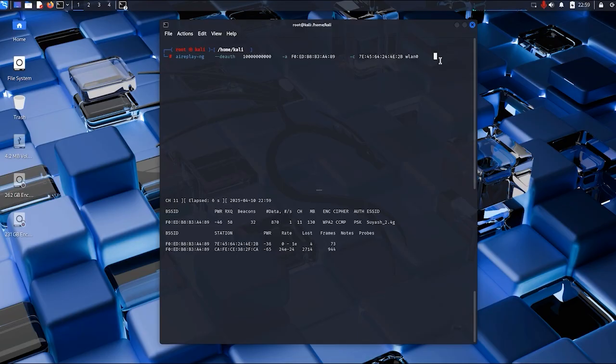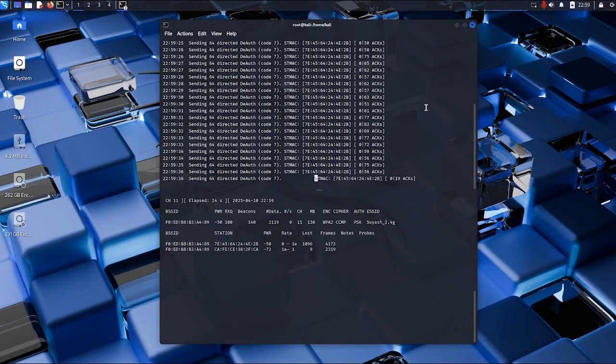And let's go back to this terminal, and once we hit enter, as we have performed this deauthentication attack, I can see my phone is now disconnected from my 2.4 GHz network and it is reconnected to the 5 GHz network. That's how we perform deauthentication attack on a particular device or on a particular network. So now let's stop it and go back to our PPT.